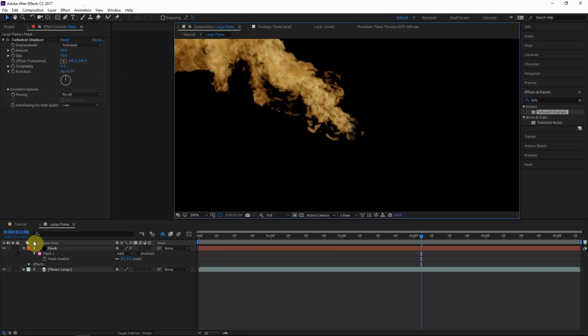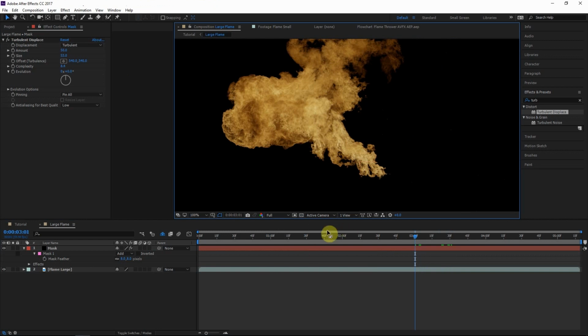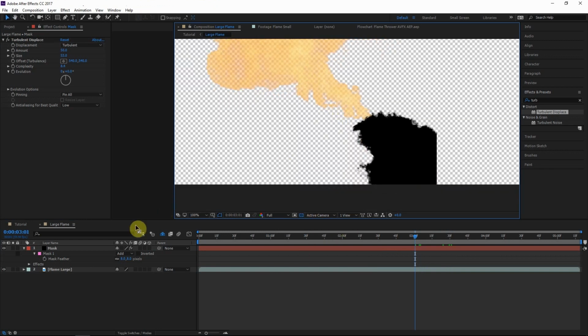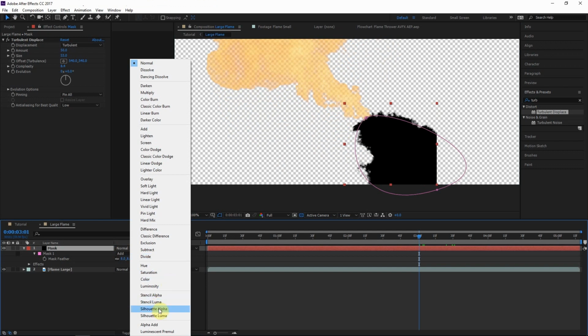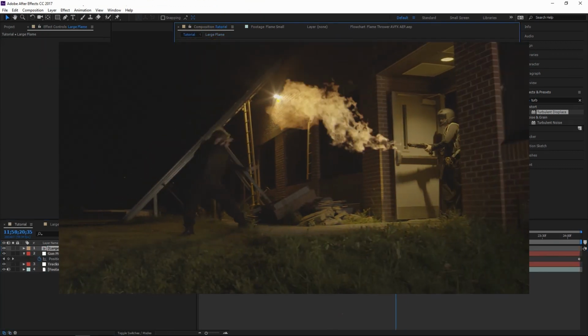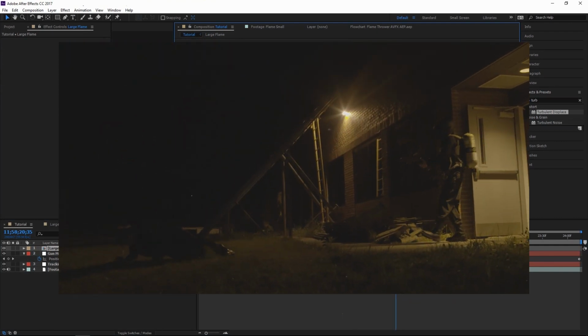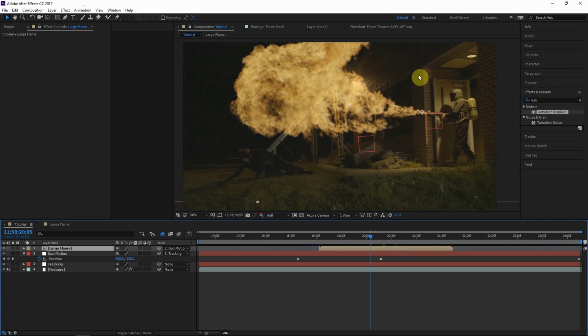So that should really help the edge blend naturally with the fire. Okay, and if you don't want that black splotch left there, which you probably don't, we'll go to the mode and hit Silhouette Alpha. Okay, so let's go back to our main comp. And everything's looking pretty good so far, but what we're going to do is blend with this another smaller flamethrower